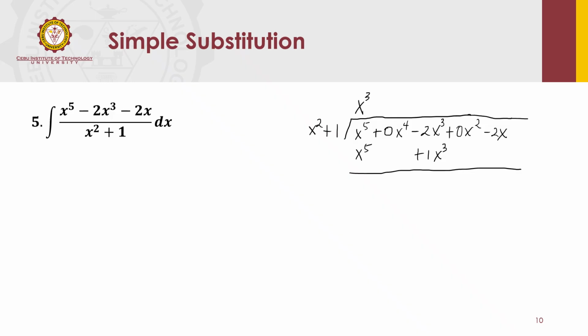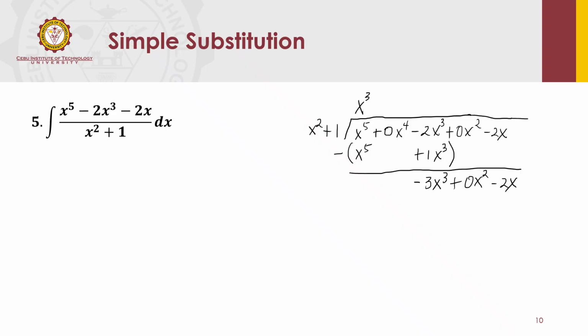Take note, okay, not addition. No, it should be subtraction. So the difference is 0. So if you bring this down, it's also 0. Okay, and then negative 2 minus 1. Okay, not plus 1. Negative 2 minus 1. So the difference is negative 3x cubed. And then you bring down the other terms.